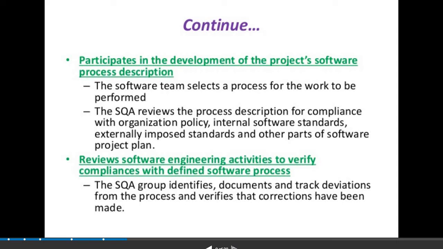Number two, review software engineering activities to verify compliance with the defined software process. Here the software quality assurance group identifies, documents, and tracks deviations from the process and verifies whether corrections have been made or not.